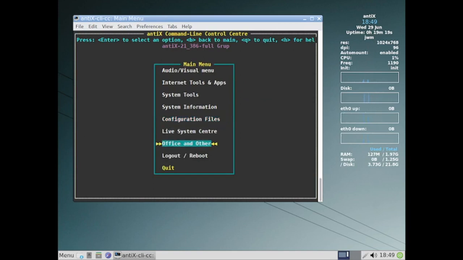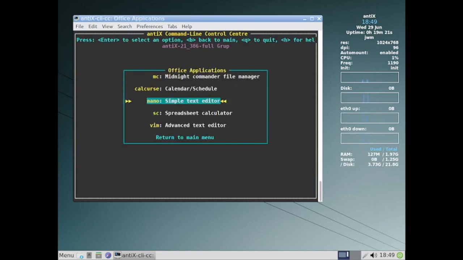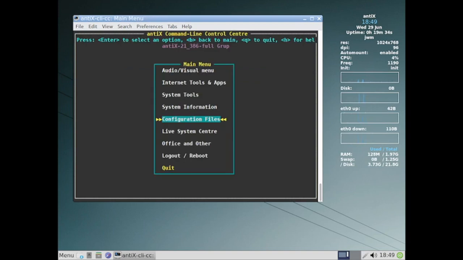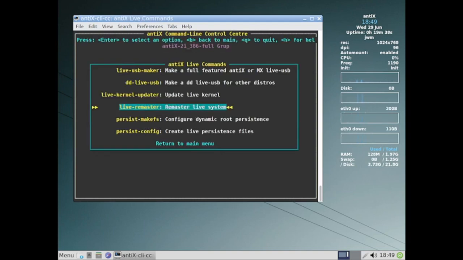Let us check out the Office and other apps. So you can check out everything from here. The spreadsheet calculator is there, Vim is there, Nano is there, everything is there. Live system center is also there. So here you can create a live USB using the live USB maker, DD live USB, live kernel updater, live remaster,